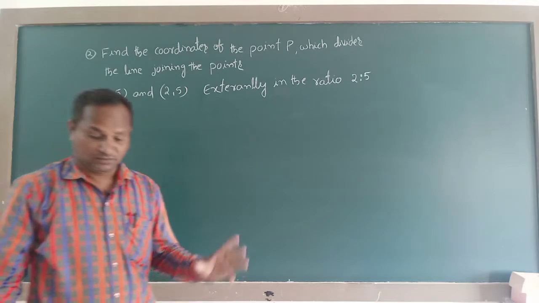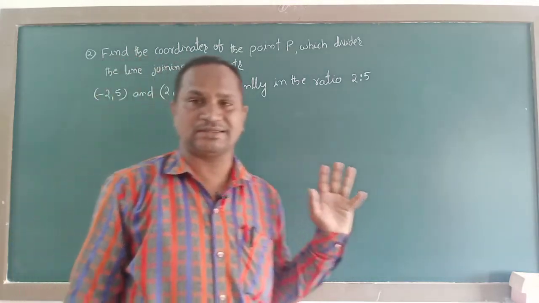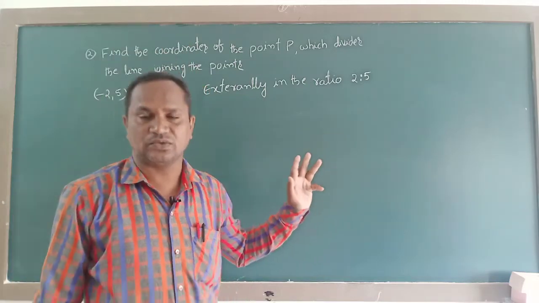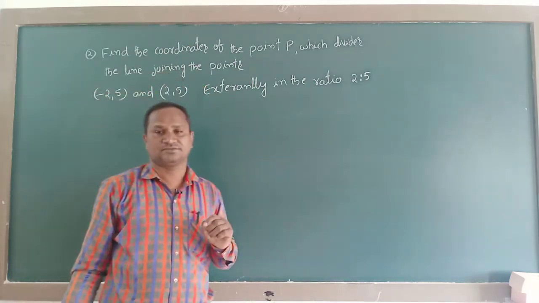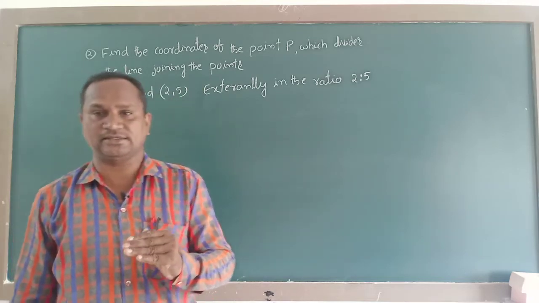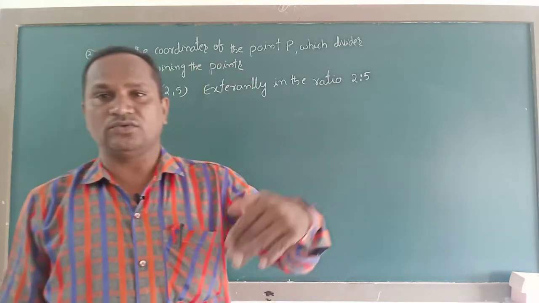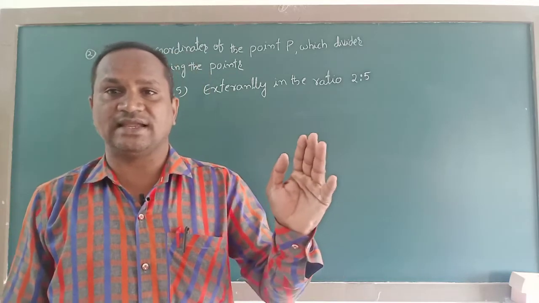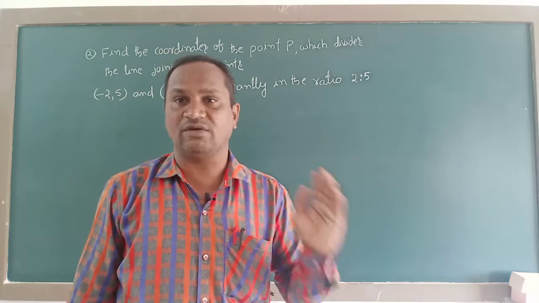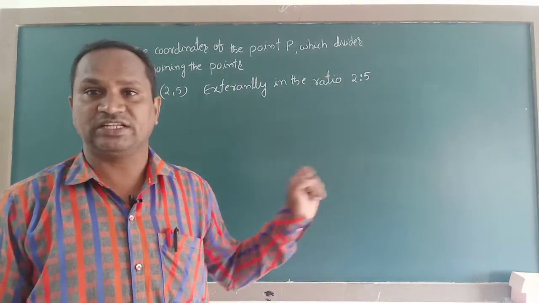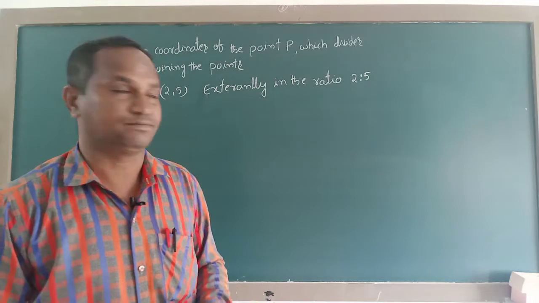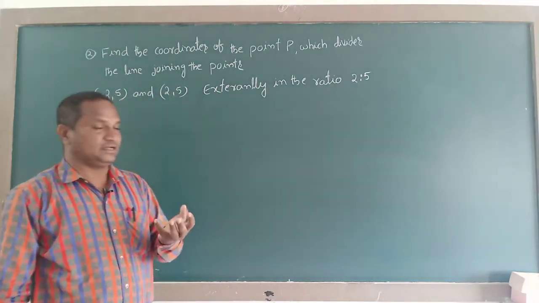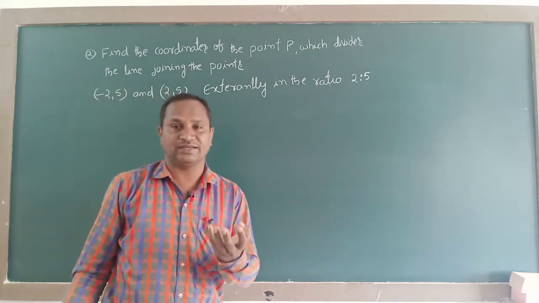Before this, in that question, they asked a problem in the internal case. Now here they are asking a question in the external case. External case means the division point will come outside of the line segment AB. From outside, that point divides the line segment AB. How it is dividing from outside, I will show with the help of a diagram. By drawing the diagram, we can easily analyze and understand how we are getting the division point